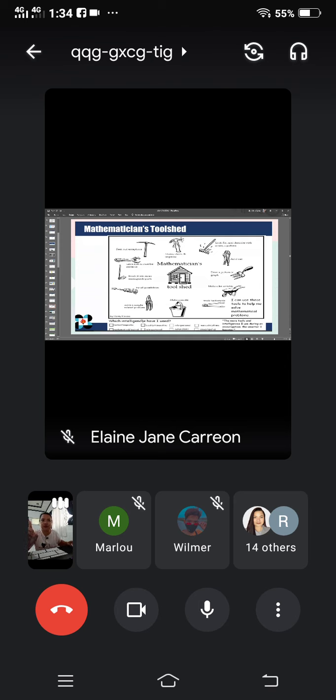Okay, so this is the question now. Which intelligences have I used? Are you familiar with Howard Gardner's multiple intelligences? Dati 8 sila, ngayon 9 na kasi hindi. Oo, 8 pa rin sila. So meron yatang idinagdag, hindi pa ako informed doon, pero alam ko nung nag-aaral kami, 8 yung pinag-aralan namin. So in solving mathematical